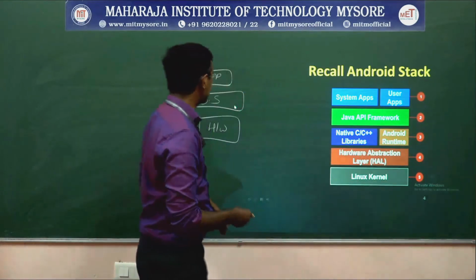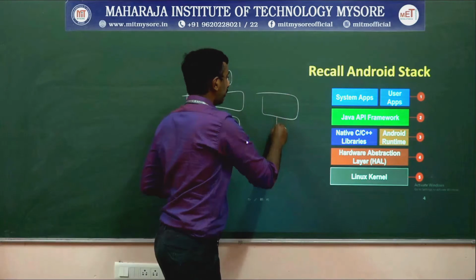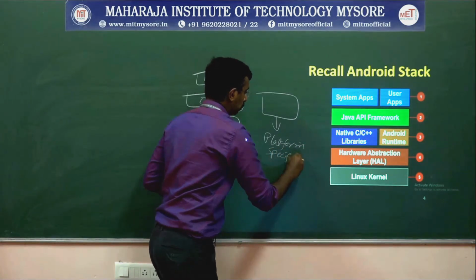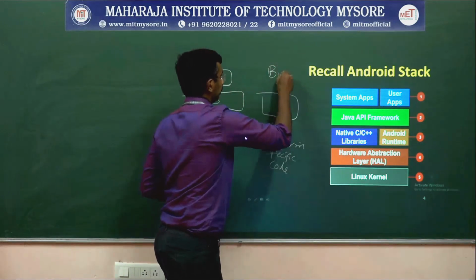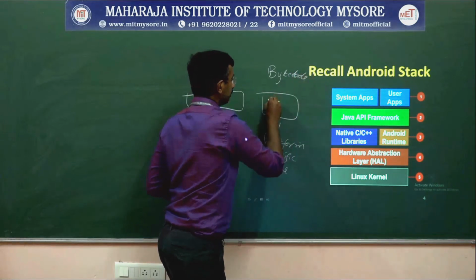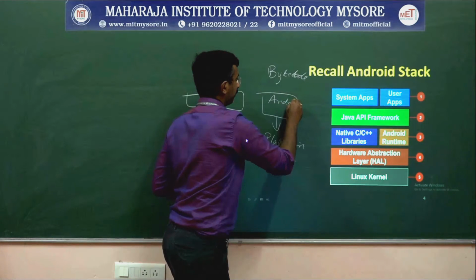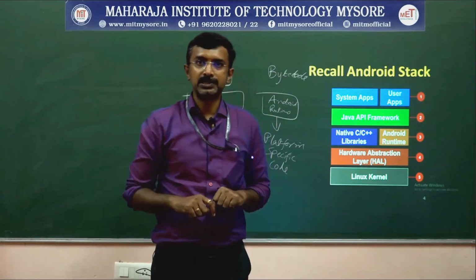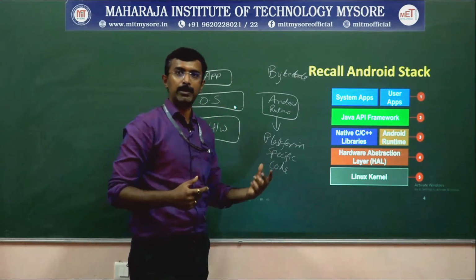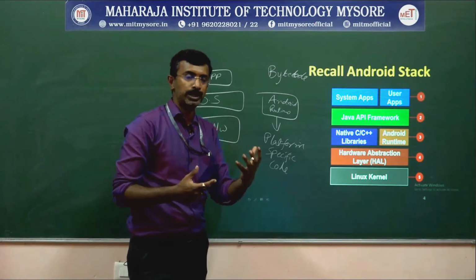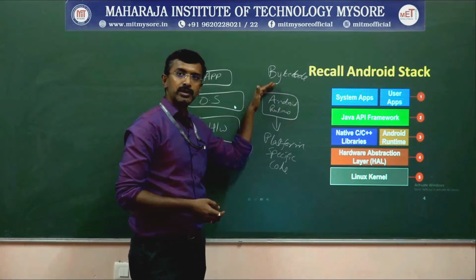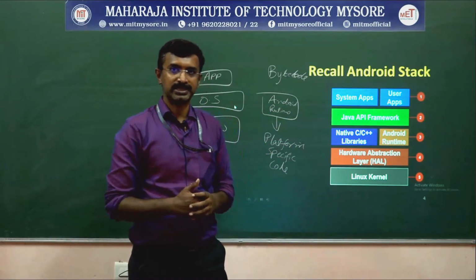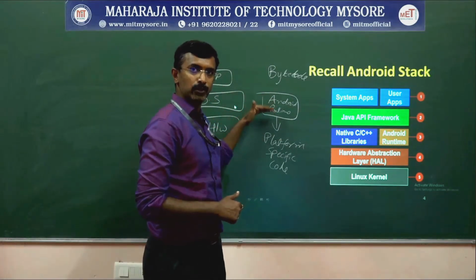The Android runtime, as we discussed earlier, is the one which gives you the platform specific code, taking the bytecode. So this is our Android runtime. It means you have written your code in Java or Kotlin. Then what happens? You compile it. When you compile it, the Java compiler converts that high-level Java code to bytecode. Now this bytecode needs to be executed on mobile hardware. This is also like an assembly code. This assembly code needs to be converted into a platform specific